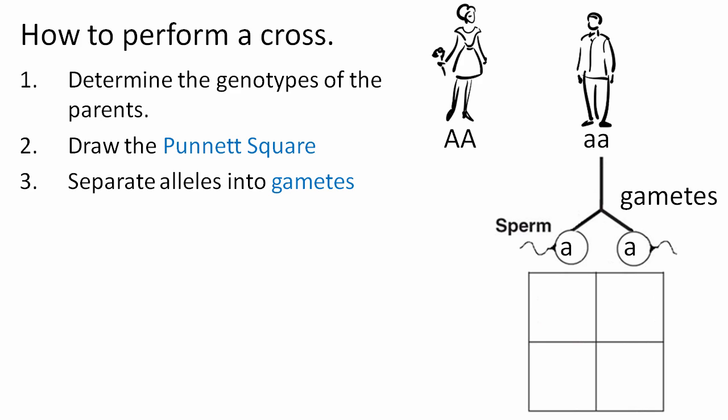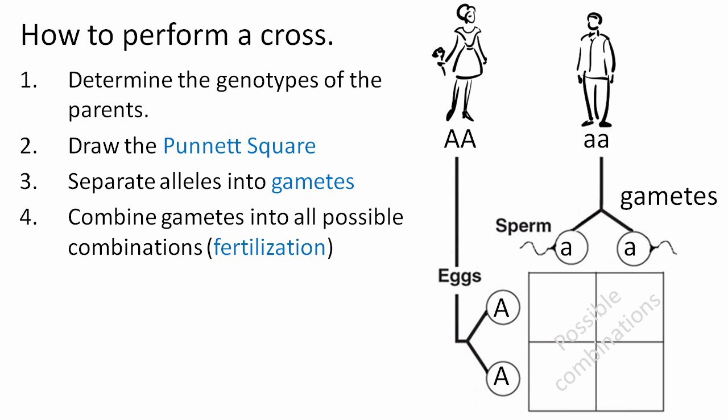So when he produces sperm cells, each sperm cell can only carry a little a. There's no other option. The female is big A, that is homozygous dominant. So when she produces egg cells, each egg cell can only carry one of those options, and in this case, each egg cell is carrying a big A. So when we combine those sex cells together to identify all possible combinations that fertilization can provide, here